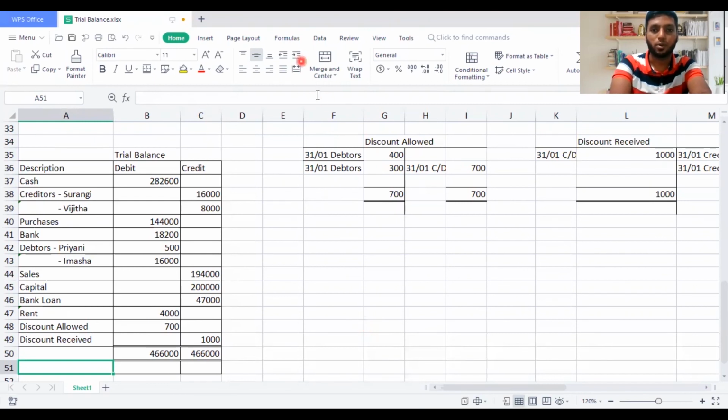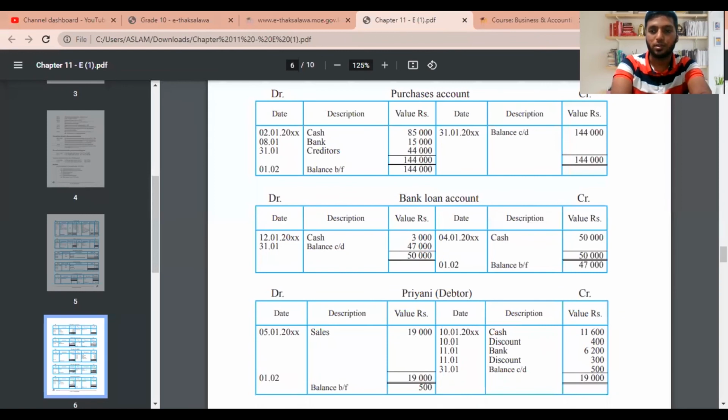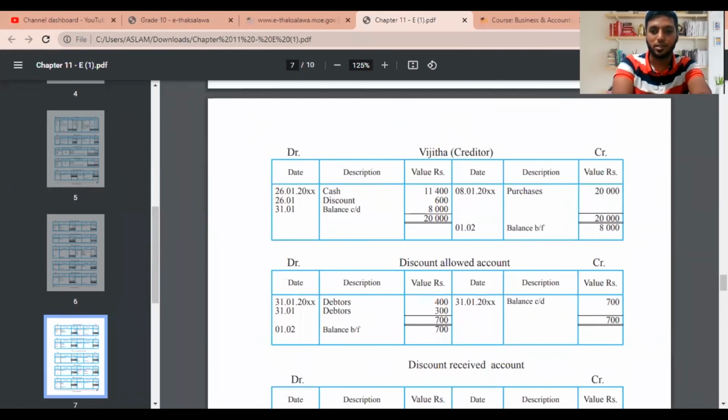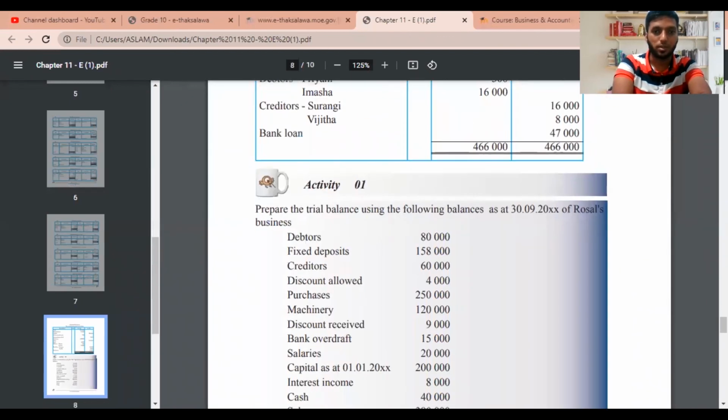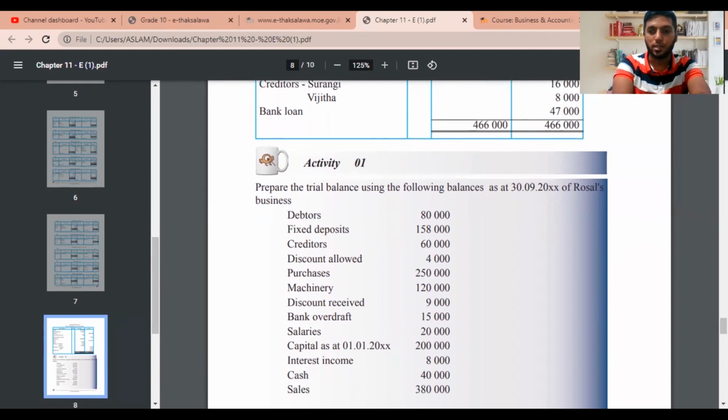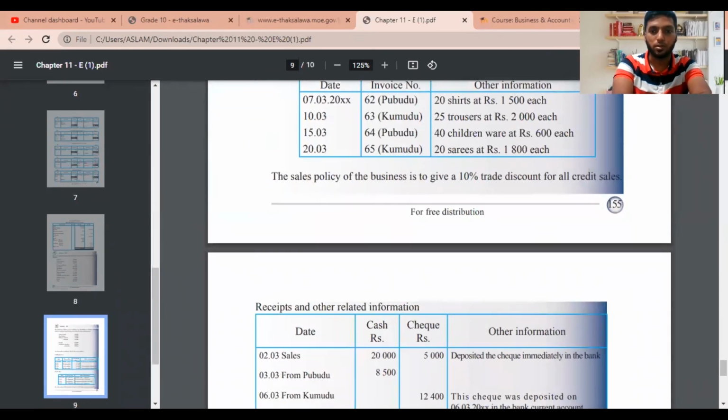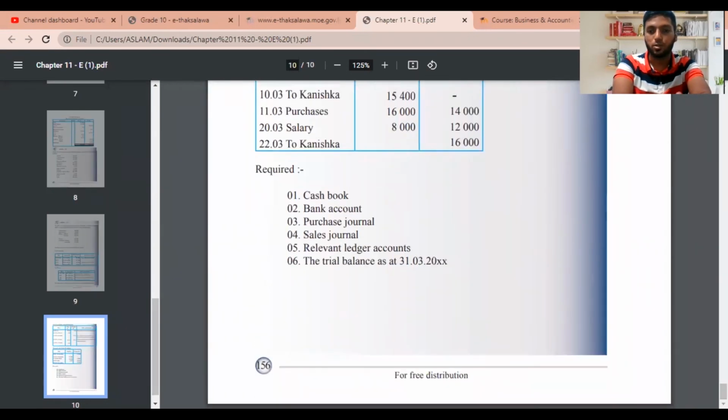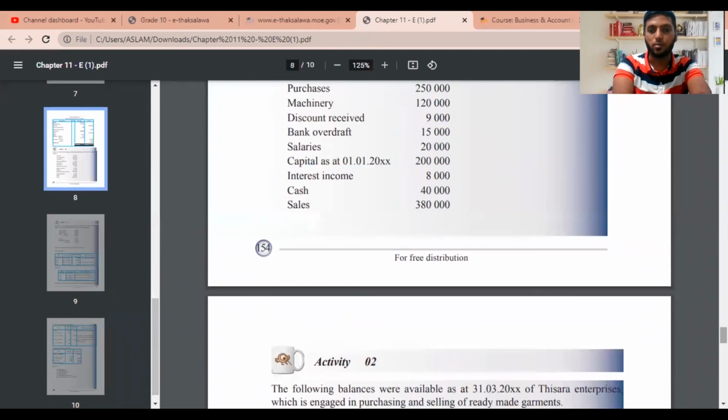There's one more part I want to discuss in this area, which is the activities. Many students request me to do activities. I skip activities, like from chapter 6, one or two I would have skipped, but I didn't skip any other activities, even in chapter 9, because students are requesting me to do it. So this 1 and 2 will be completely done in part 2 of my chapter 11 video.